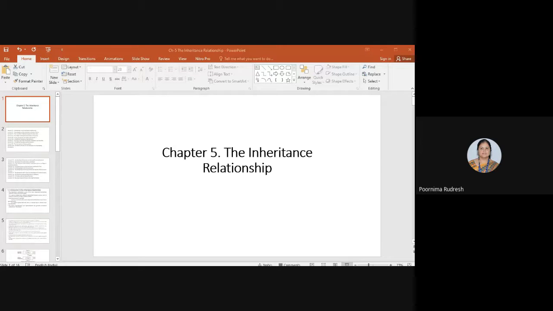Okay. So if a class inherits from another class, then the inheriting class should be a special type of the inherited class. Suppose if class B inherits from class A, then class B should have a special type of the class A. Here, class B is called the inheriting class and class A is called the inherited class, right?